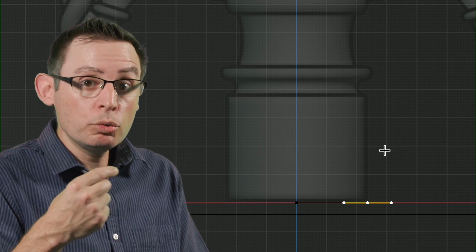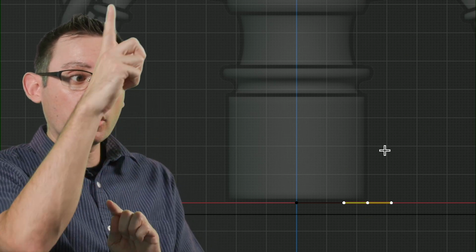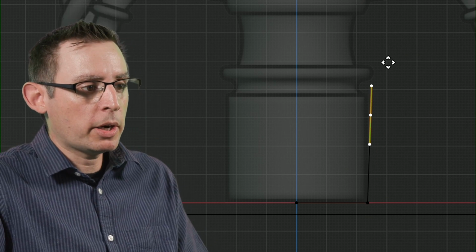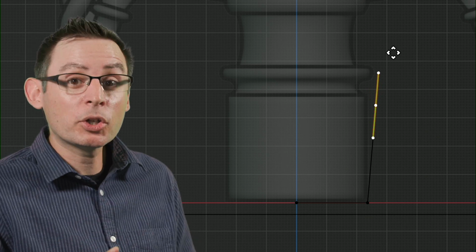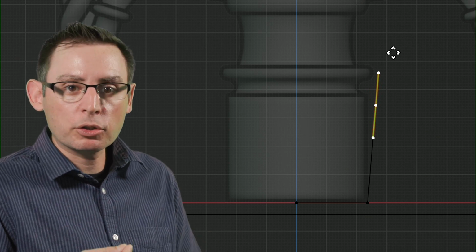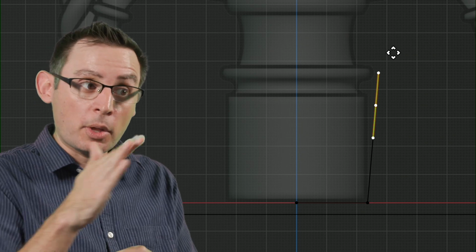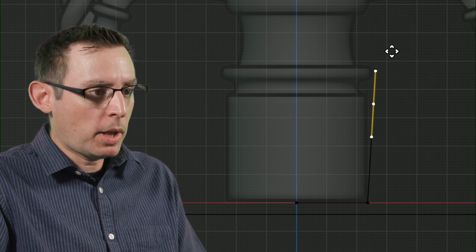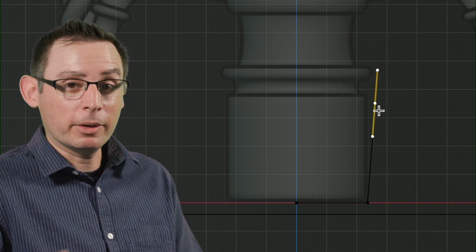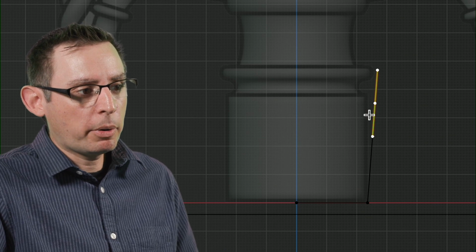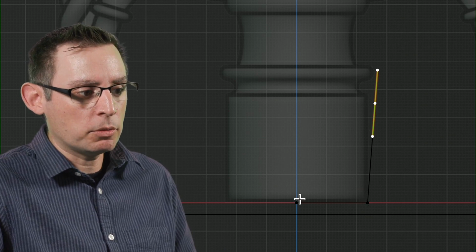Let's use the extrusion tool to start growing our curve upwards. So E to pull out a new dot. And hopefully you'll start to see the power of these vector handles, because it allows us to quickly block out some shapes. Now, when we're blocking out some shapes, it is kind of important that this be a perfect 90-degree angle right in here.